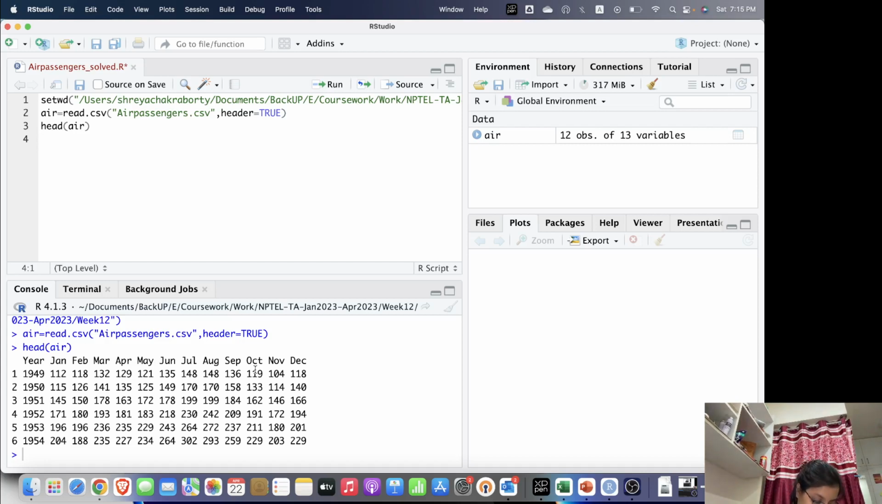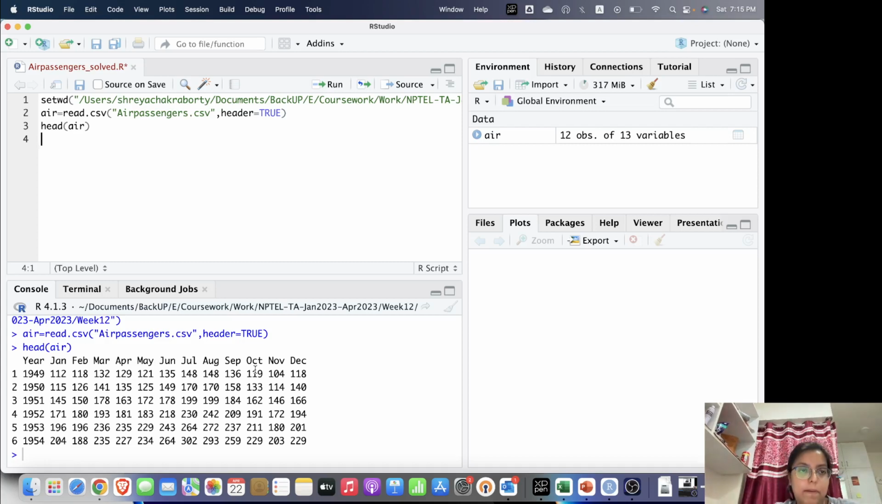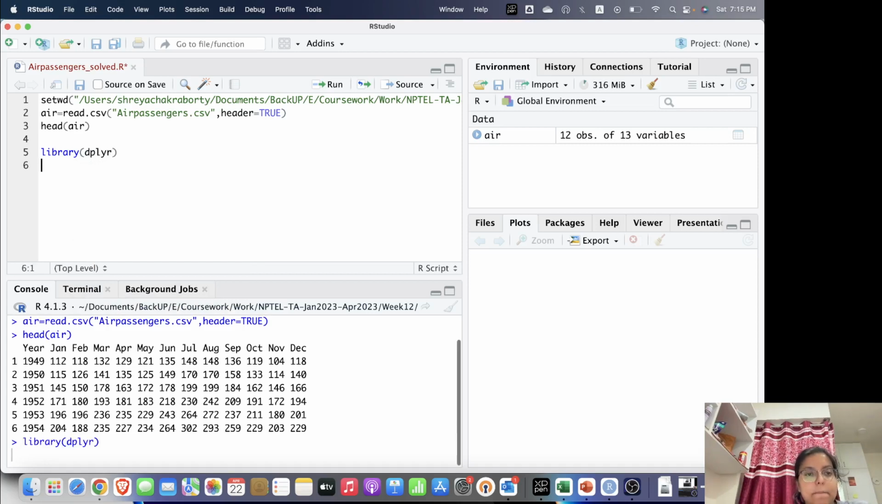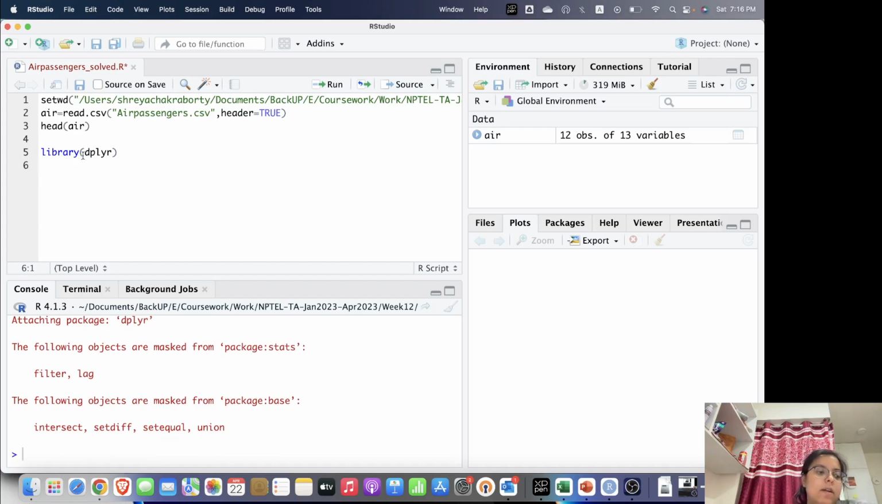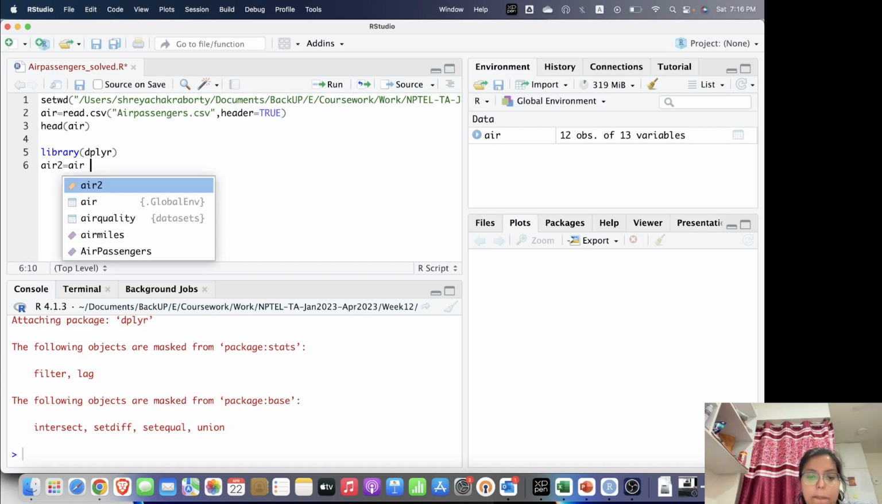Okay, so what I'm going to do is first convert these things into a long format. For that, I need a package known as dplyr. So I'm going to load it here. As I load it, you'll see attaching package messages. Then let me put the data frame name as air2. I'm going to write air, then give this sign and use a command known as pivot longer,